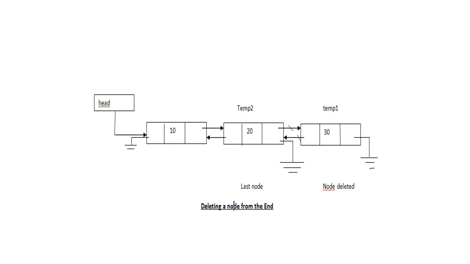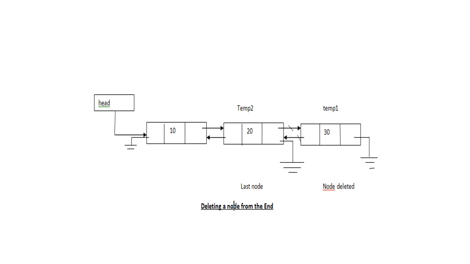Now this is the deletion part, the scenario wherein I am deleting the node from the end. What I should do? I should travel right from the first node to the last node. That is how I should travel. Initially I will rename this head as temp1, and every time I will check the right pointer of this temp1. If the right pointer of temp1 is not equal to null, then it is understood that I have another node just succeeding it, so temp1 is equal to temp1 of right, so that this becomes temp1.